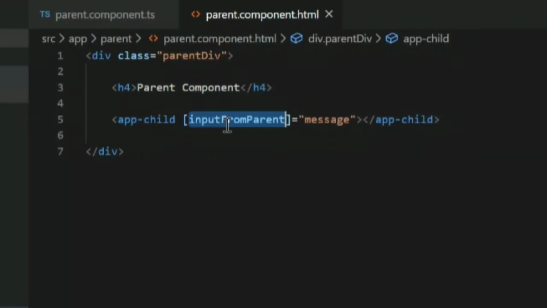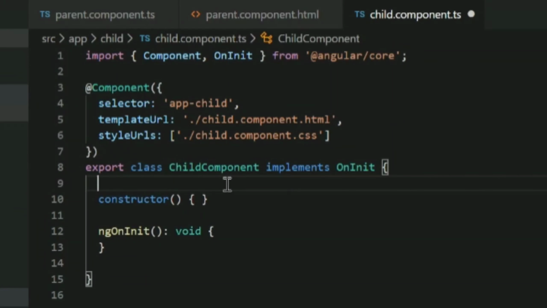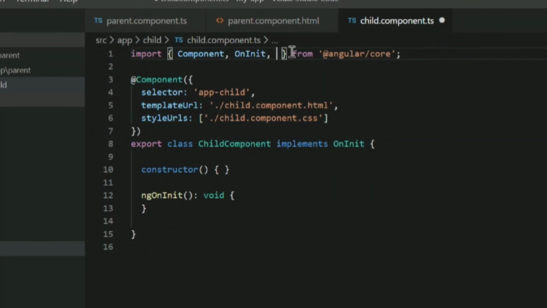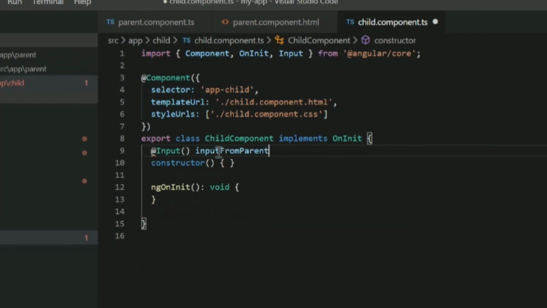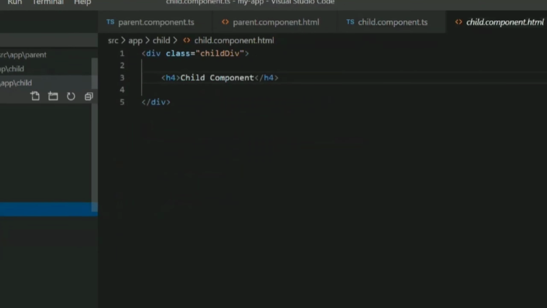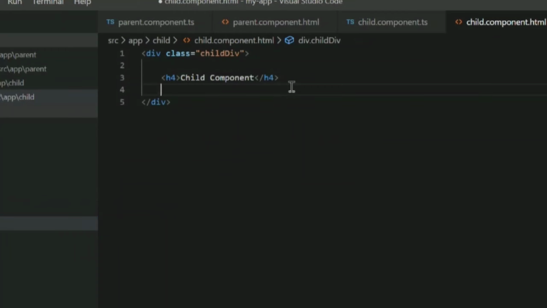Now the next step is to declare this input variable in the child component. For this, let's first import Input from Angular core and declare the input variable inside the component class and display it in the child HTML. Now save and see the result in the browser.